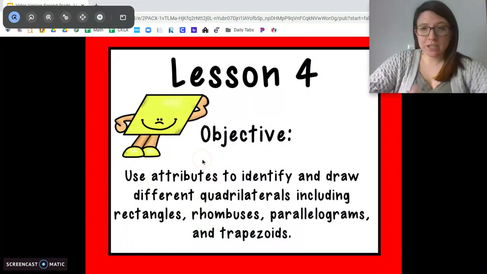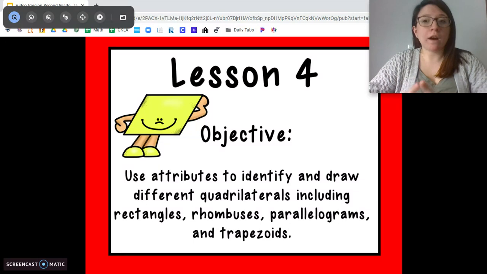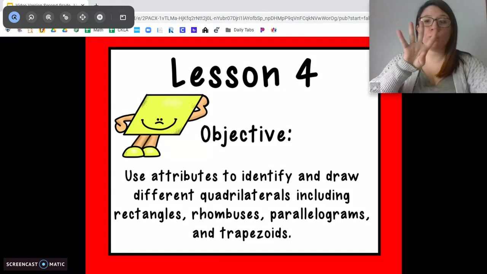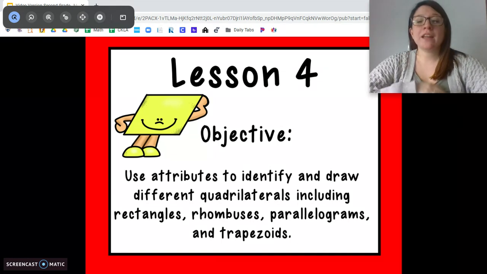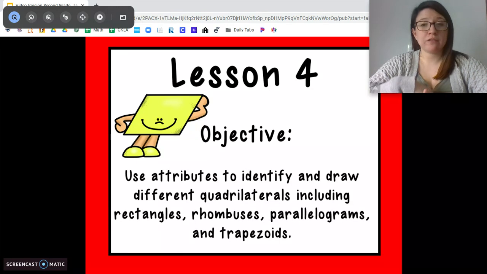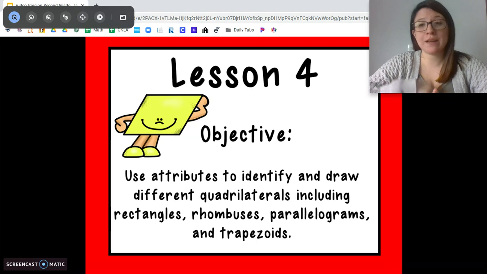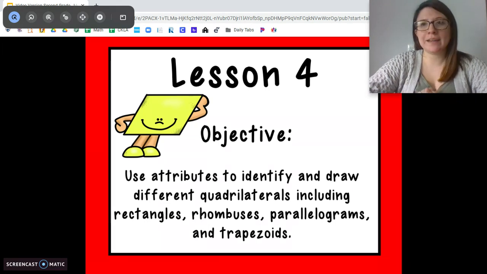So we're still working with shapes. Today you're going to be drawing a lot of shapes. We're going to focus on quadrilaterals today. Remember, quadrilaterals are a shape with 4 sides and 4 angles. Now, there's different types of quadrilaterals. There's specific types of quadrilaterals. We're going to talk about rectangles, rhombuses, parallelograms, and trapezoids today, and you're going to get a chance to learn